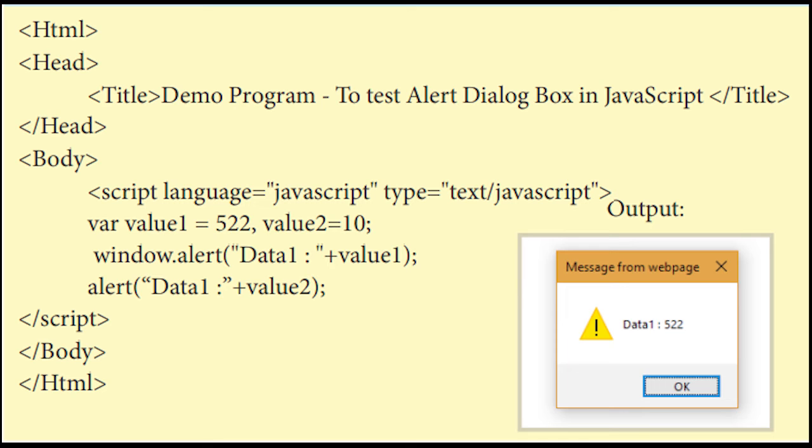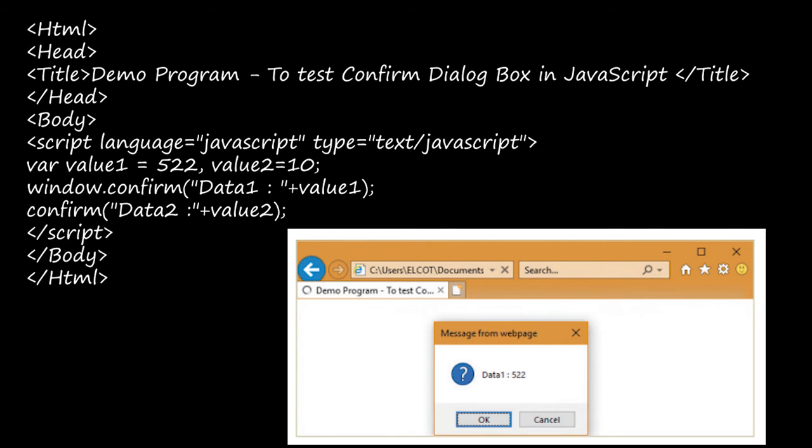So next one, same way only. This alert and confirm are the same, only the word alert and the word confirm will be different. You just check it in this page number 310. We have two programs, right? For alert dialog box we have a coding, and for confirm dialog box we have a coding. Both will be the same, only in the place of alert we will be using window.confirm, or confirm. All the other things will be the same.